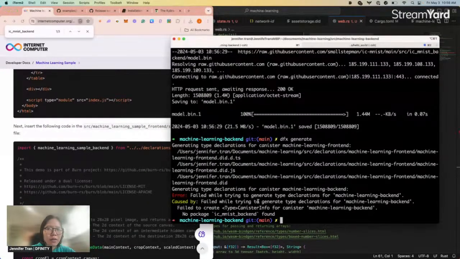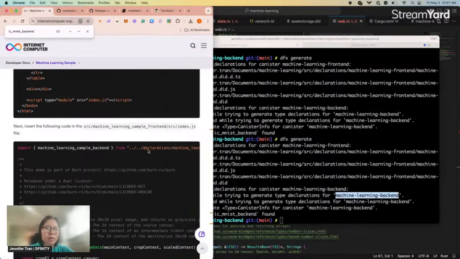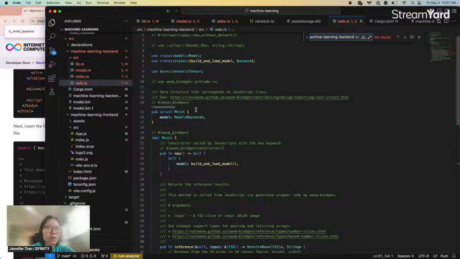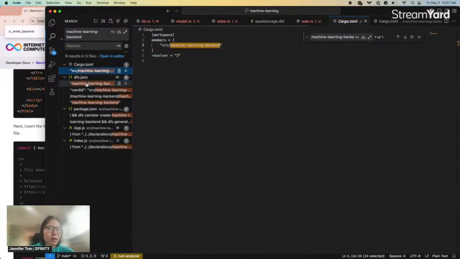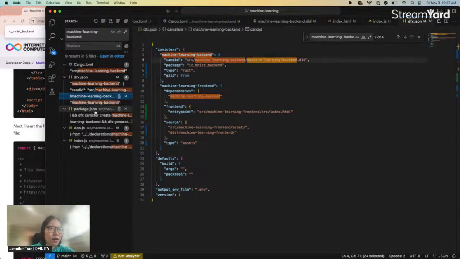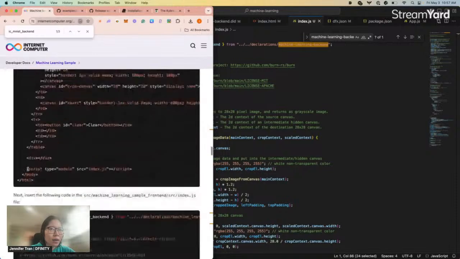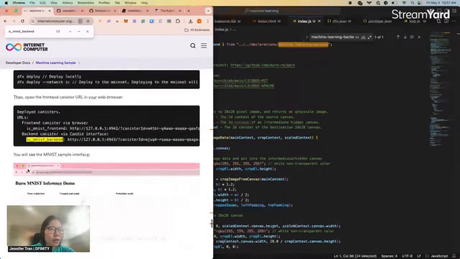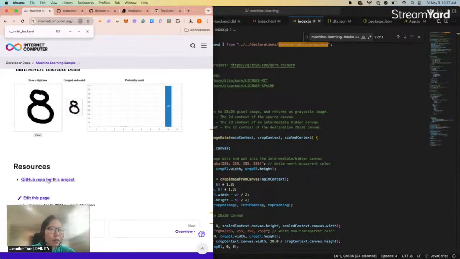In this case, okay, let me just do a dfx generate again. Okay. It looks like it's not able to recognize the machine learning, but let me just see.